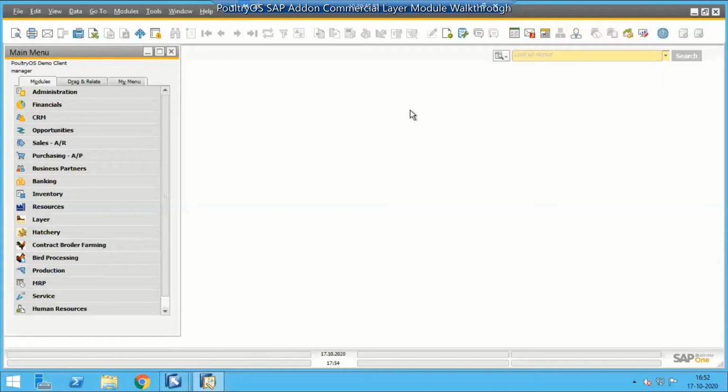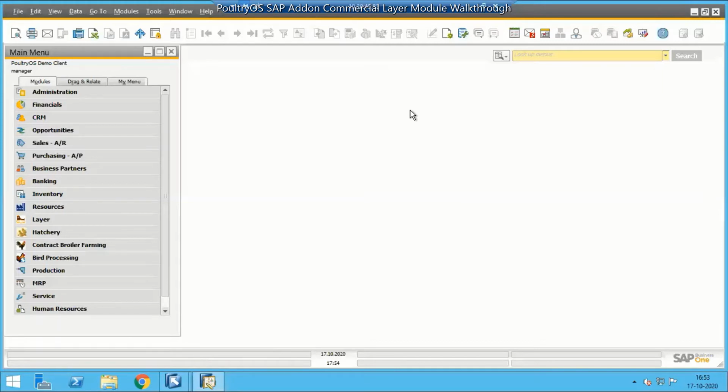In layer, we will also have egg grading, and depending on the egg grade, we will also have respective sales, which will be covered in this end-to-end module. The main output of this layer module would be our production cost for eggs and expenses for a particular flock. Based on that, the profitability of the entire flock will be covered in the reports. Again, we'll go through the module in detail throughout the screens.